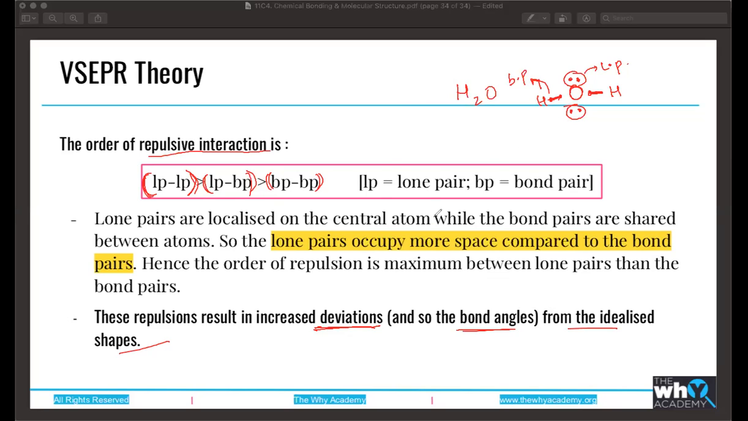between them. So if there are lone pairs, then it's due to the repulsion between both the lone pairs. If there is one lone pair and a couple of bond pairs, then it's because of the repulsive interaction between lone pair and bond pair. And if you have only bond pairs, then it's due to the repulsive interaction between the bond pairs, that